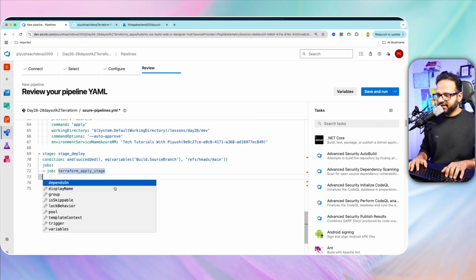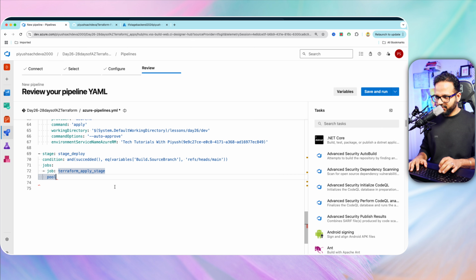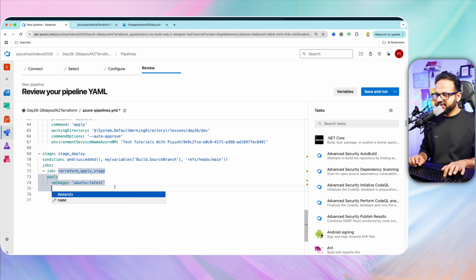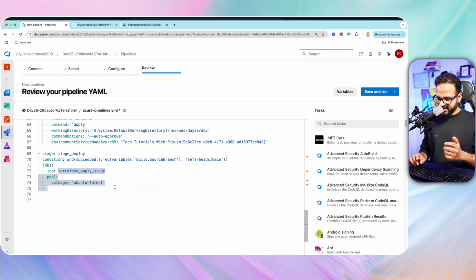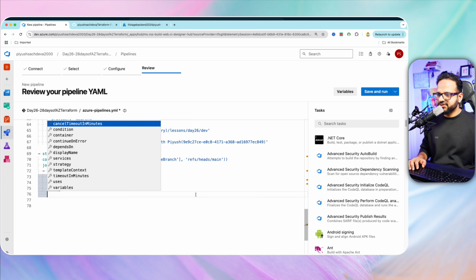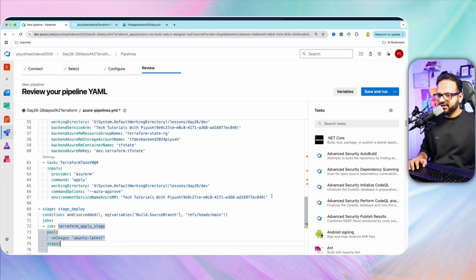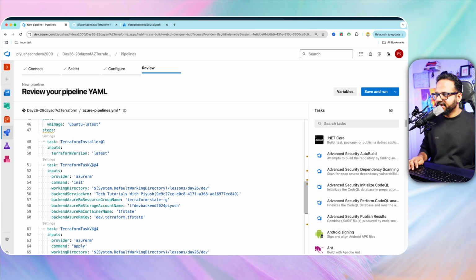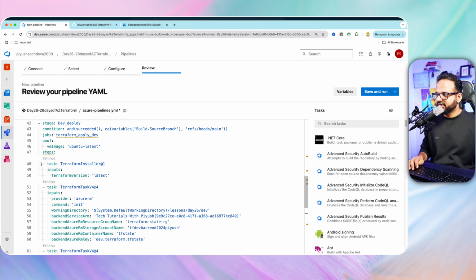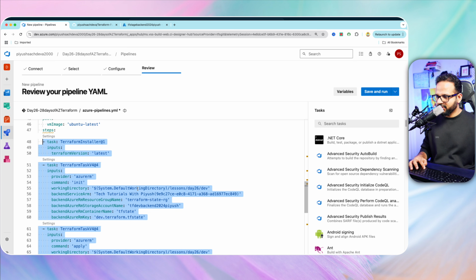Okay, and then let's go to a new pool, VM image, Ubuntu latest, and then inside that we're gonna create our steps, Terraform installation. So let me just copy from the previous stage and then we're gonna make the changes. Okay, so Terraform apply, init, installation, we need all these steps. So let's copy it,